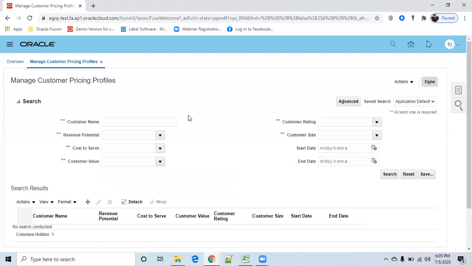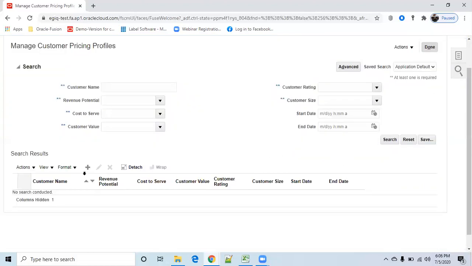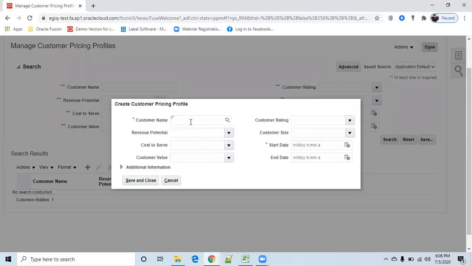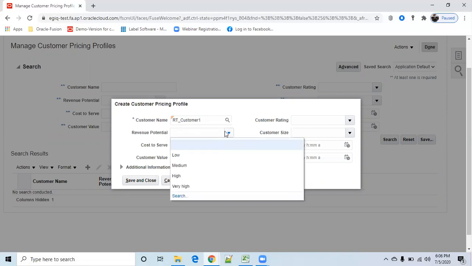In the morning we created our customer. Now I want to add a pricing profile for that specific customer. You click on plus, and the customer name is RT customer 1. What is the revenue potential, whether this customer is low, medium, high, or very high?